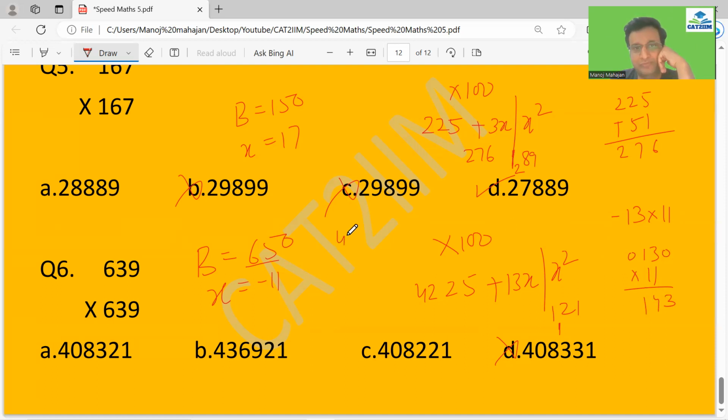So just subtract from 4225143. So let's do that. What do I get? 2. If I look over here, 8 and over here 0, 4082. So let me put over here 4082. So don't mark 408221. That would be wrong. 1 is carry forward from the right hand side. So my final answer is